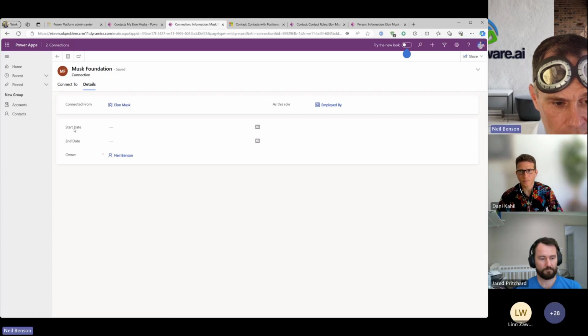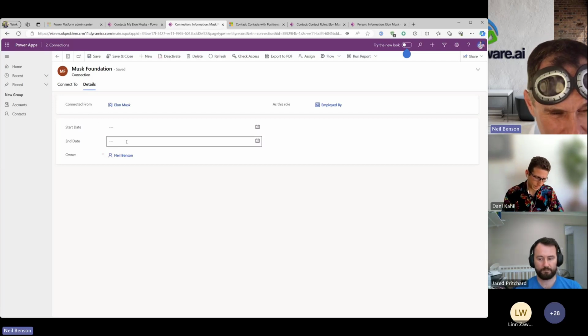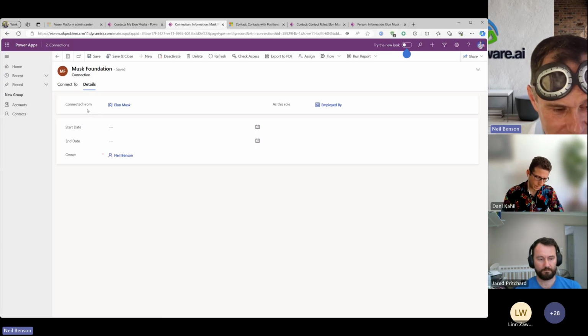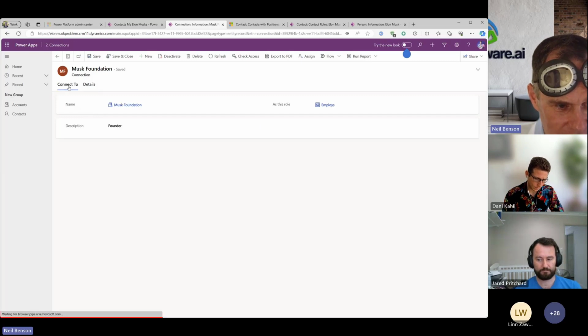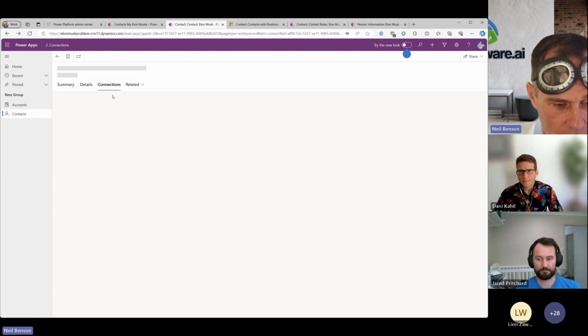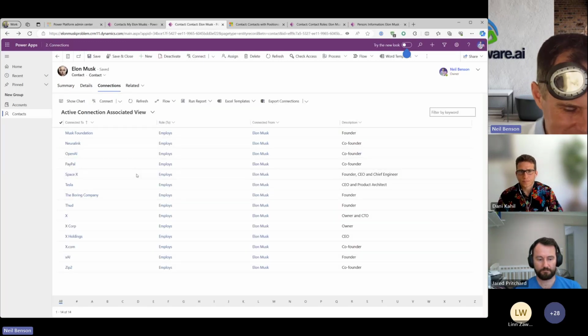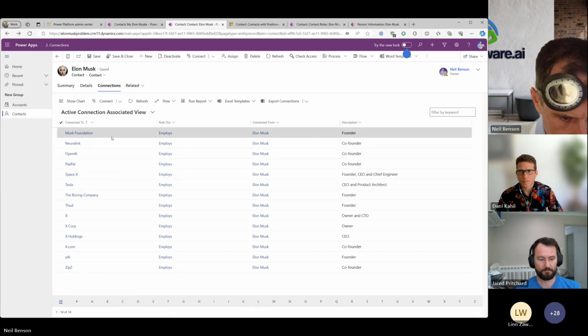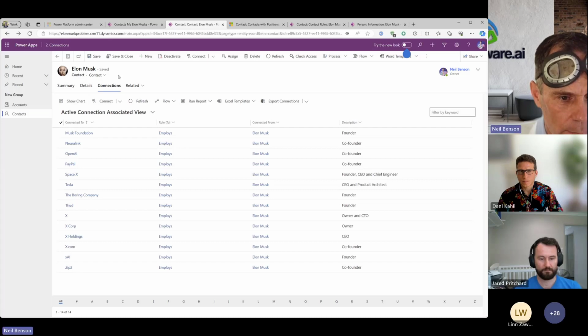I would agree with the people who think that the connection user interface is not a great design. It is a little clunky. Users can get lost pretty quickly, but it works pretty well for this scenario. So I can have start dates and end dates and a description. So that's pretty good. If I want to describe somebody's job, connections could work there. You just don't get some of the other stuff like the activity rollups or opportunity rollups or case rollups or some of those things that you might see. But not a bad option.